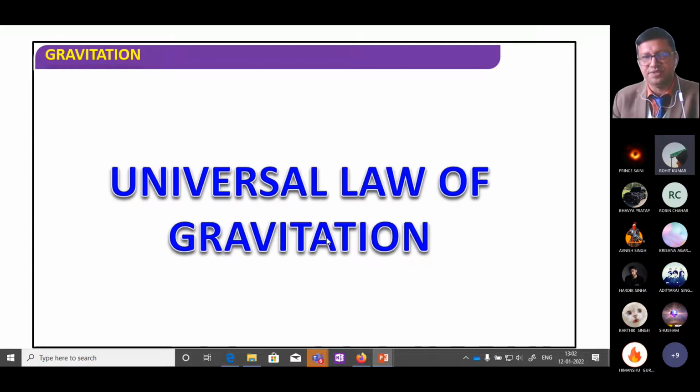Come to the very first topic. This is the part of the syllabus also. In the examination, it may be asked from all of you to do mathematical calculation and all these. Universal law of gravitation, or sometimes it is called the Newton's law of gravitation, because it is a contribution of Newton, and that is why it is also connected with that. Why we call it as universal law of gravitation? Because it is true everywhere, at every place. In the previous, now, and in the coming time, it is applicable and has the same phenomena as calculated by